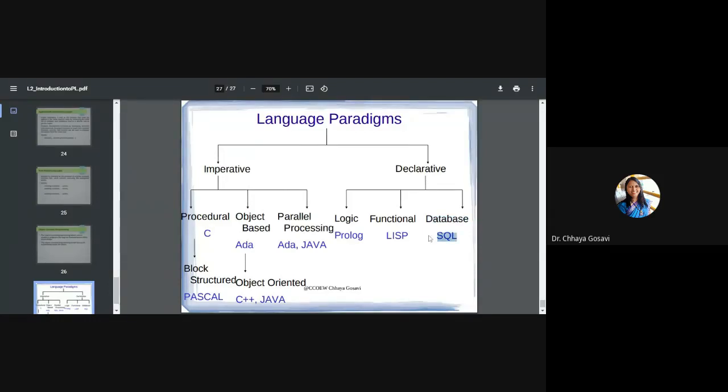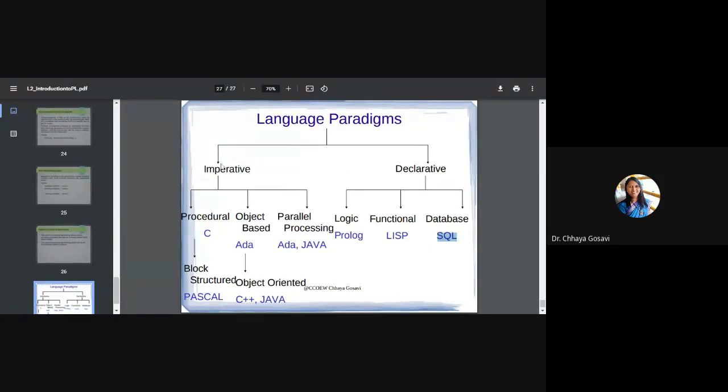To build any database system like a student database or employee database, or software for a bookstore or whatever system you want to build which has a data backend, you can go for a database language like structured query language.